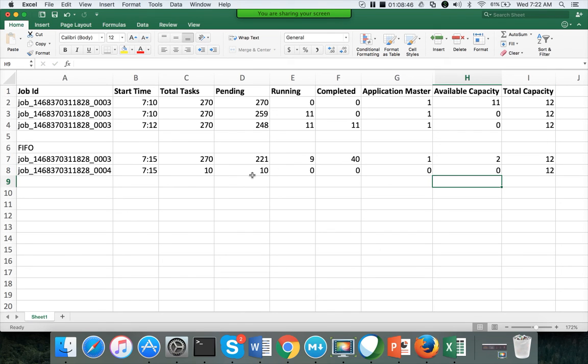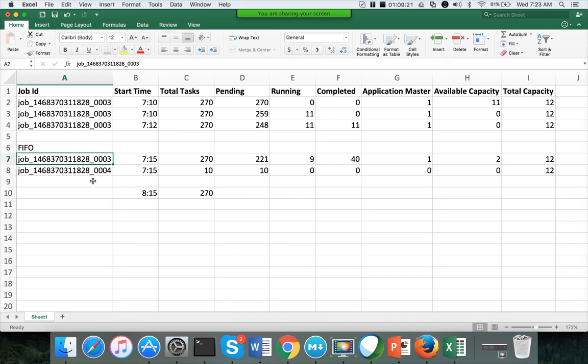The main drawback of the FIFO scheduler is that until the jobs submitted earlier are completed, the subsequent jobs are not completed, or the required capacity to complete that job has to be less than the overall capacity of the cluster. So let's say it took 1 hour and take the time of 8:15 instead of 7:15. At 8:15, total tasks will be 270 for the first job.